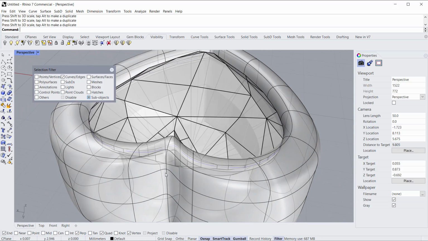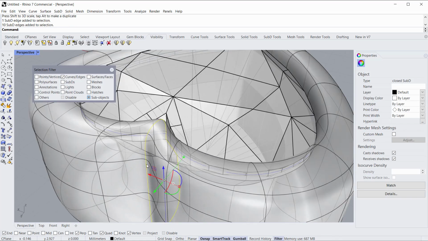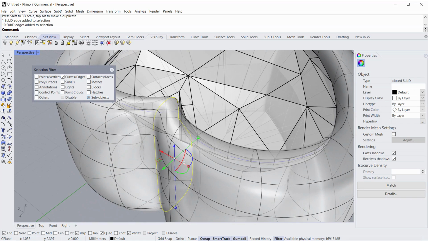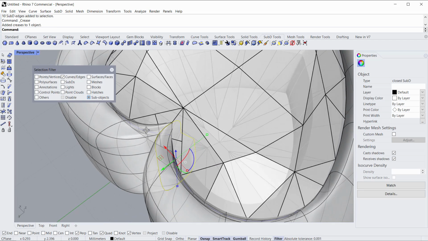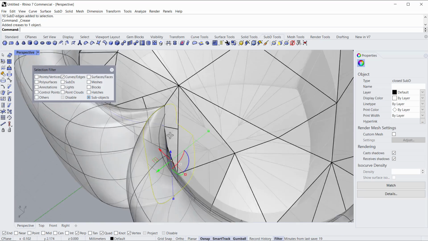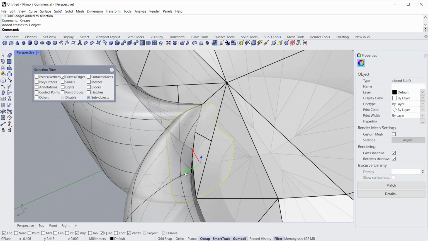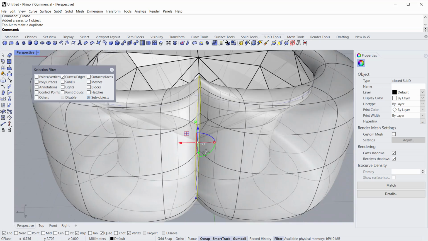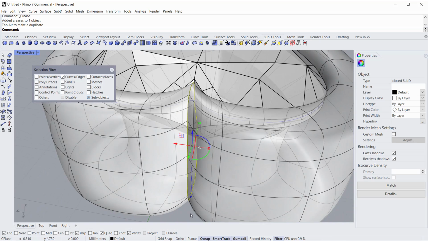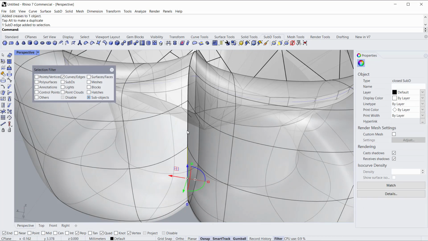Let's do something about this edge. We talked about crease just a minute ago. I'll come up here again, back in the SubD tools, and I'll add that crease again. And you can see it's made that real sharp now, but it's intersecting our gem. So I'll just move it. And this is the beauty of SubD, is that we can just sit and edit this shape